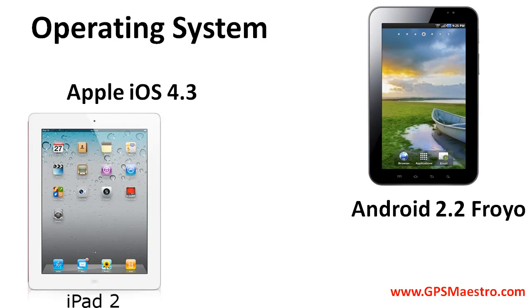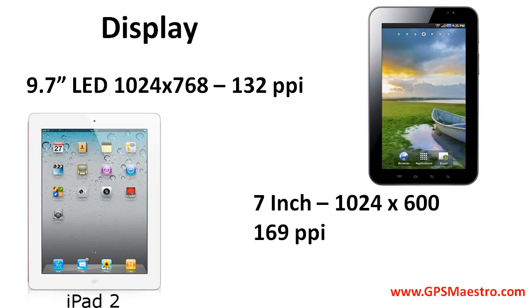As far as operating systems go, the iPad 2 is running Apple iOS 4.3, and the Samsung Galaxy Tab 4G is running Android 2.2 Froyo. As far as displays go, the iPad 2 is quite a bit bigger. It has a 9.7-inch LED screen with a 1024 by 768 resolution, while the Tab has a 7-inch 1024 by 600 resolution. So it has a smaller screen, but almost the same size resolution, so there's a little more pixel